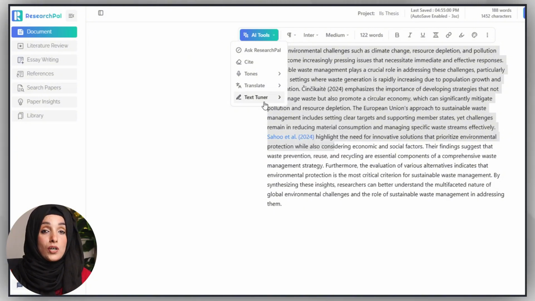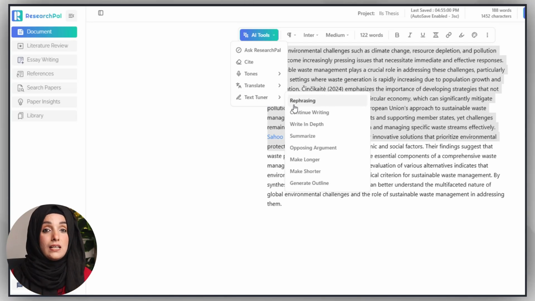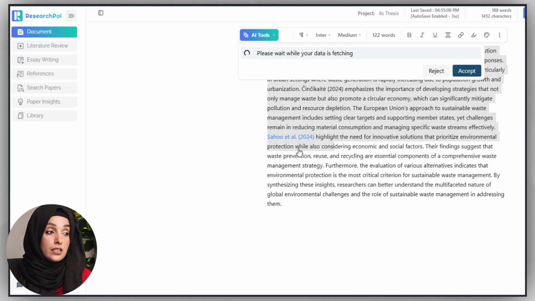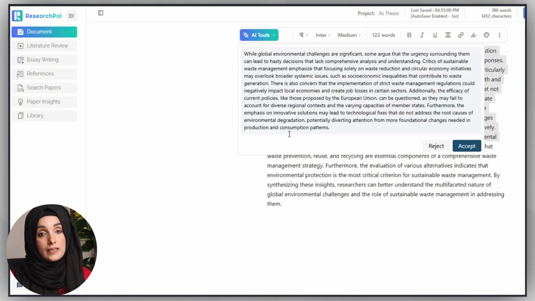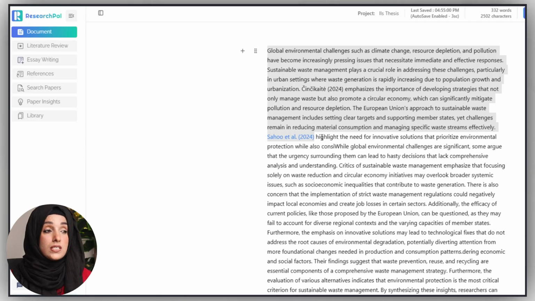The most important part of writing any argument in your document is that you should provide any supporting or opposing argument about it which is already present in the literature, and this tool provides you this feature: you can find the opposing argument about any statement with just one click. You have to read it thoroughly, you have to go through its citation and references, and then definitely you can include it in your document.